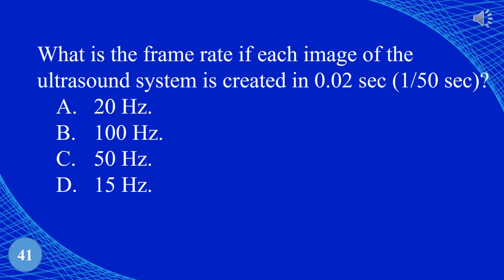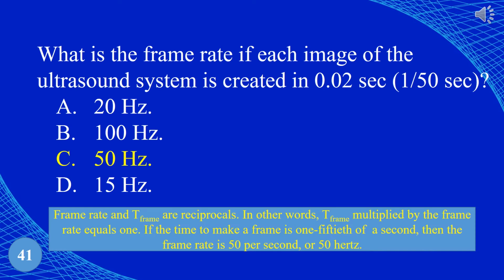What is the frame rate if each image of the ultrasound system is created in 0.02 seconds, 1/50th of a second? A. 20 Hz. B. 100 Hz. C. 50 Hz. D. 15 Hz. The answer is C. 50 Hz. Frame rate and T-frame are reciprocals. In other words, the T-frame multiplied by the frame rate equals 1. If the time to make a frame is 1/50th of a second, then the frame rate is 50 per second